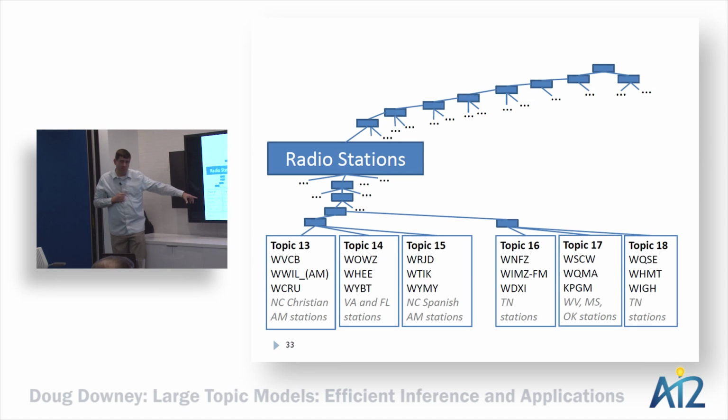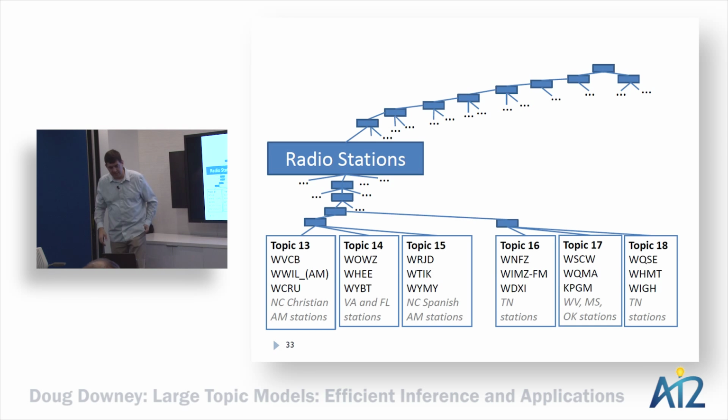And for these particular ones, the most associated concepts were all these four-letter call signs of individual radio stations. And radio stations with related content or in similar places tended to be clustered together in individual topics. So all of these are Tennessee stations, all of these are Tennessee stations, and these are North Carolina Christian AM stations. So it's very, very fine-grained. More generally, all six of these are stations in the southeast of the US, more or less. So this is the kind of thing that you could get. You can find these fine-grained distinctions, and they seem to fall within more coarse-grained, broad groups.